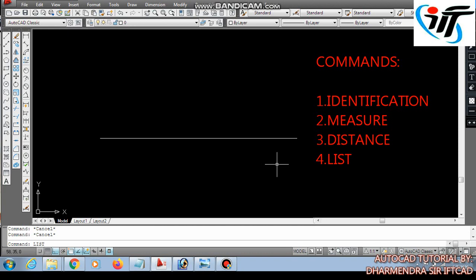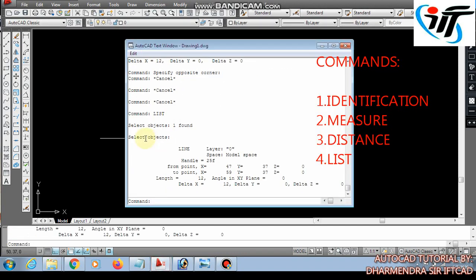LIST, enter, selecting the object. Now a notepad window has appeared in front of us, and it is showing the layer is 0, space, I am working in model space. Handle 25F. From X it is 47, from Y it is 37, Z is 0 to the point 59 and 37.